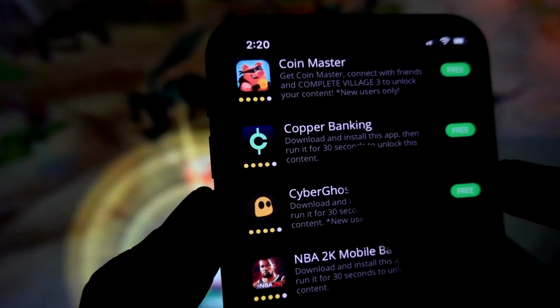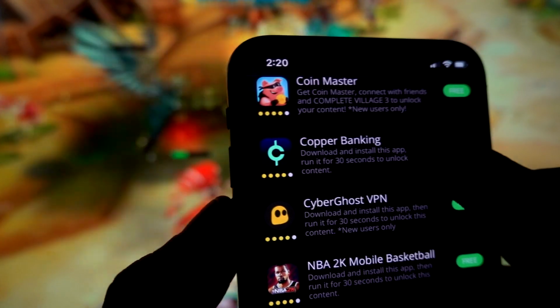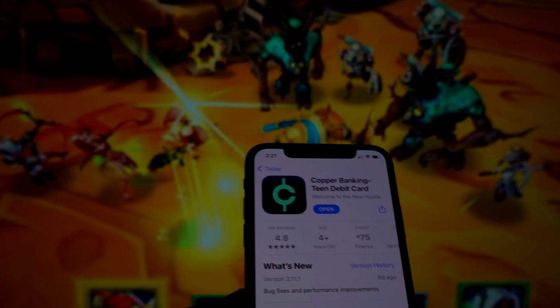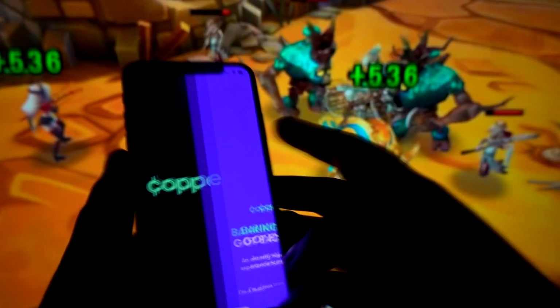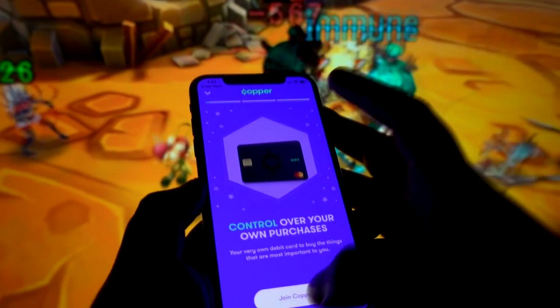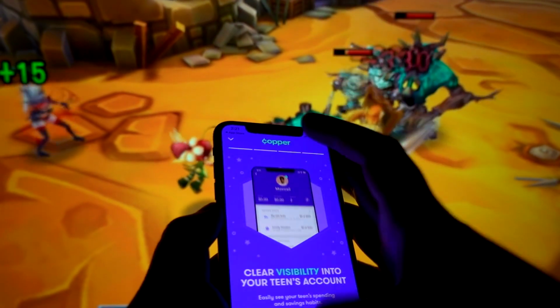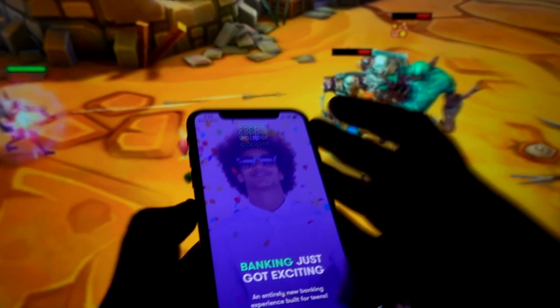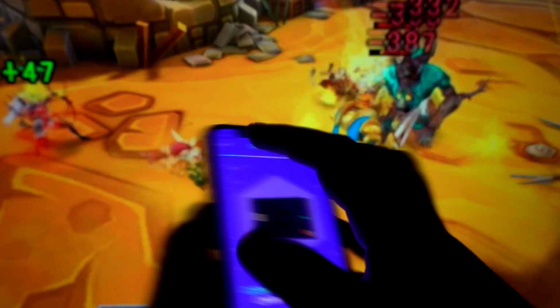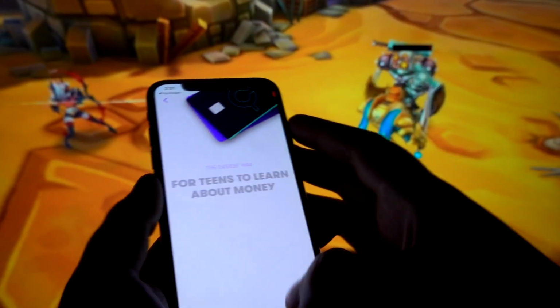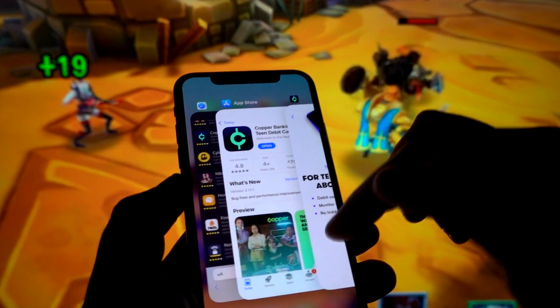My first one is going to be Copper Banking. I have to install it and run it for 30 seconds. Now, these apps are downloaded from the official stores, so they're 100% safe to use. And although they've instructed me to run it for 30 seconds, I will run it for 40 to 50 seconds to be on the safe side, and would recommend you guys to do the same as well. However, you might not notice it over here because the video has been fast forwarded to make it short. My instruction number 1 has been completed, and now I'll be moving on to my instruction number 2,